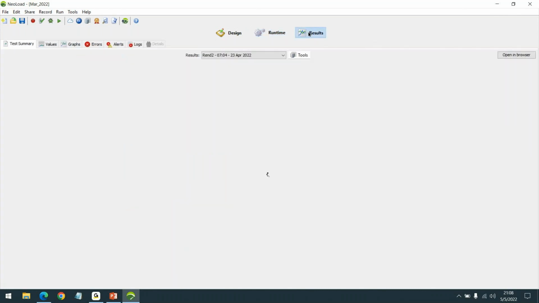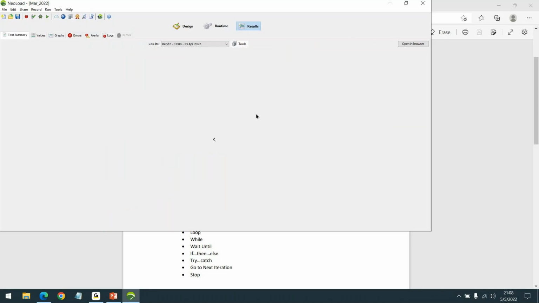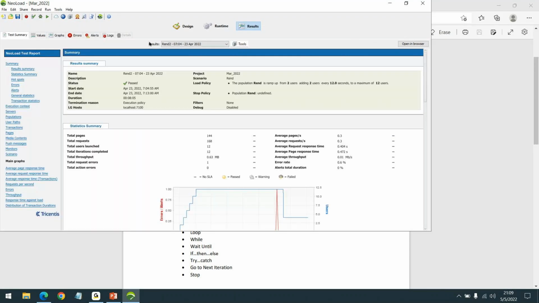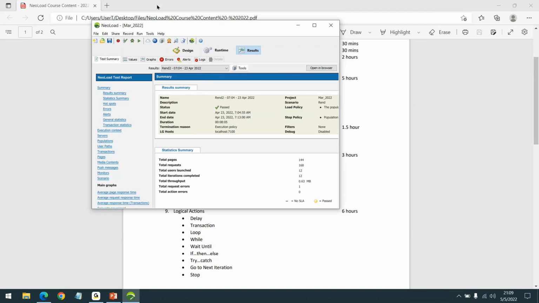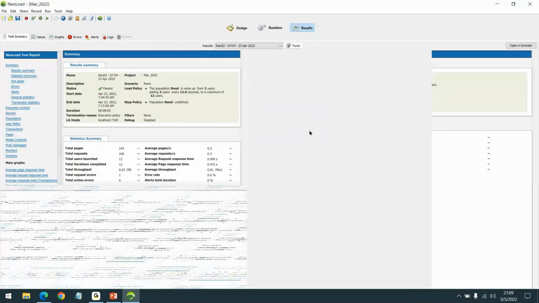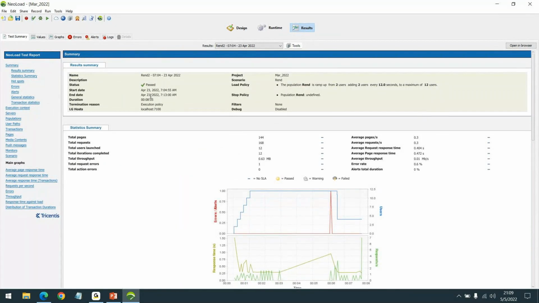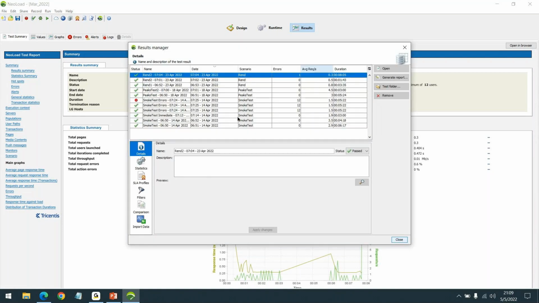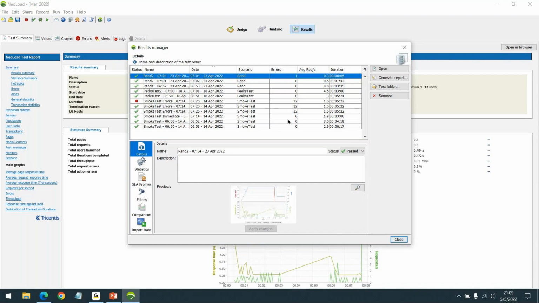We will do a series of executions. All these executions are going to be live executions. As you can see, the most recent execution happened on April 23rd, just about 2 weeks back. For these executions that we have done, we will discuss extensively the results manager and its features, and how we can take advantage of them.